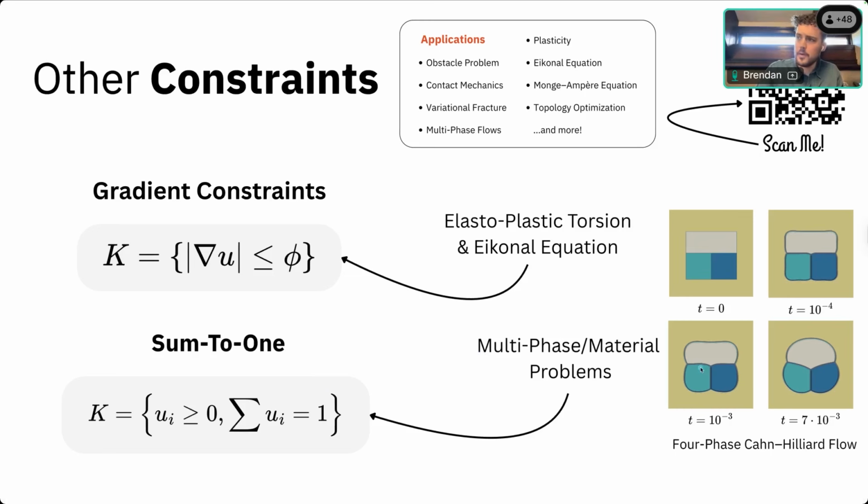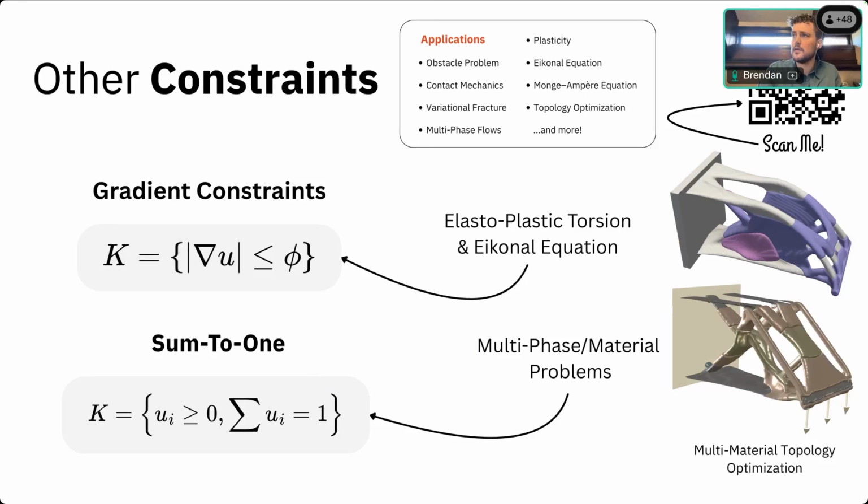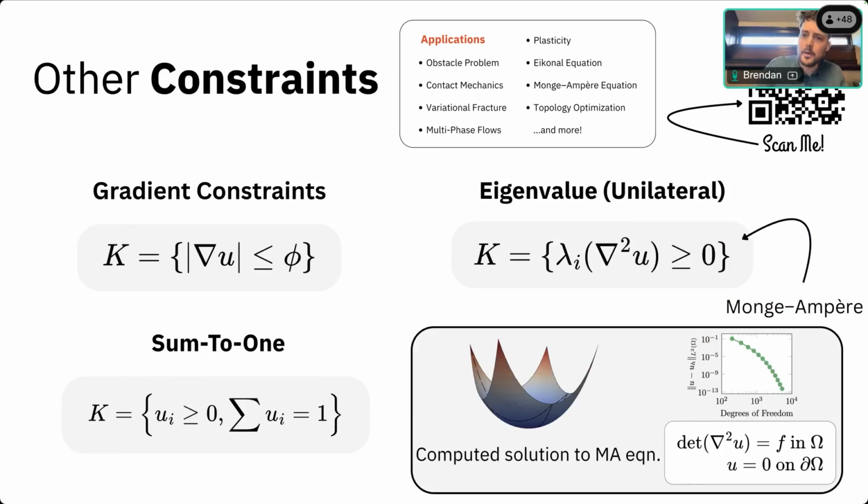We've used this for multi-phase Cahn-Hilliard equations, as well as multi-material topology optimization. There are problems, largely in liquid crystals and Monge-Ampère equations, where you have constraints on the eigenvalues. In Monge-Ampère, you want the solution to be convex. If it's convex, you have a unique solution. It's very, very difficult to design a numerical scheme that guarantees, at least at high order,